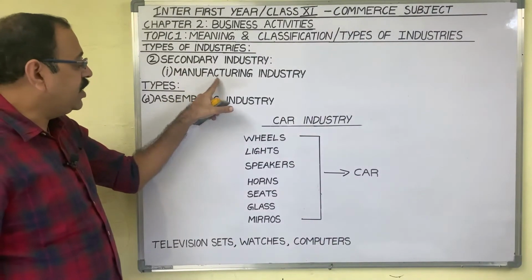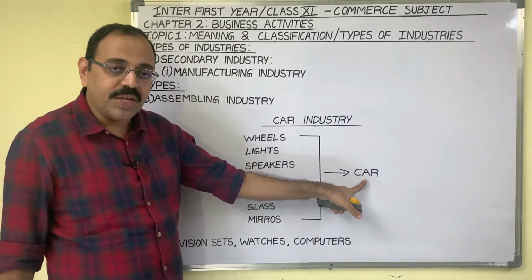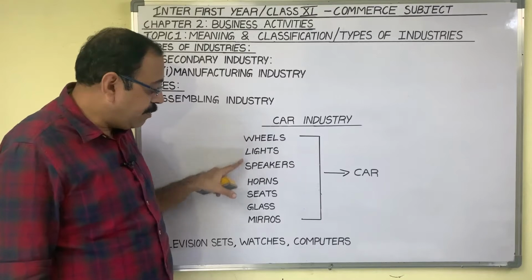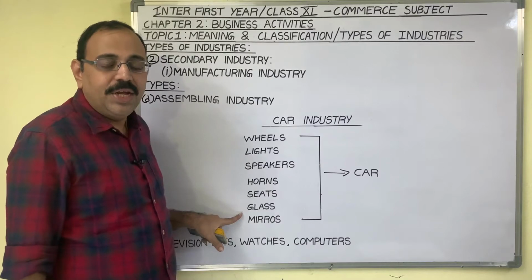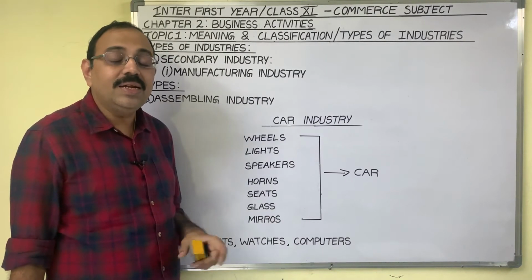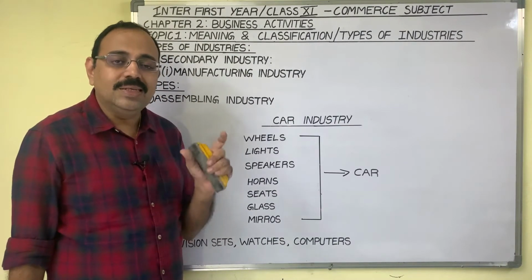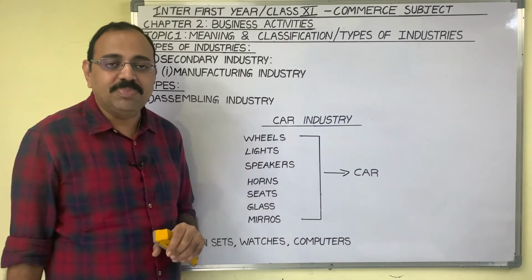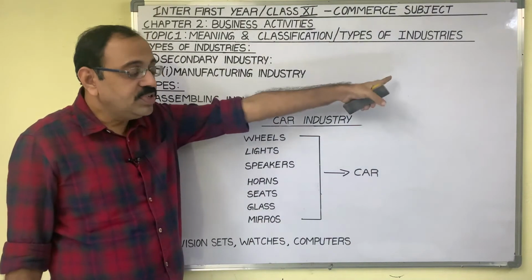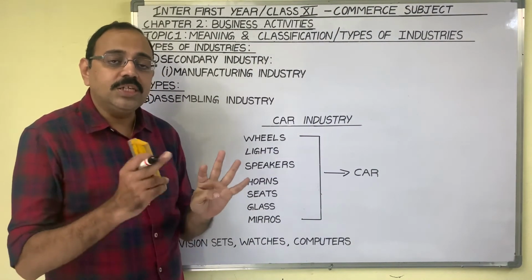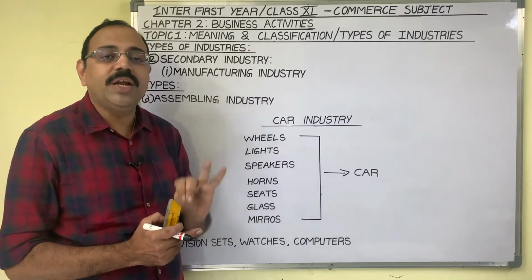Last type of manufacturing industry is assembling industry. In this industry, final product is manufactured by assembling different manufactured components mechanically or chemically. It looks like synthetic industry. Recollect synthetic industry example: to manufacture cement, concrete, gypsum and coal are mixed up. The difference between synthetic industry and assembling industry is, in case of synthetic industry, concrete, gypsum, coal, these three are not finished products. These three are raw materials.